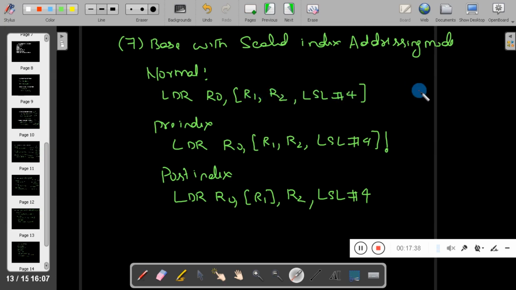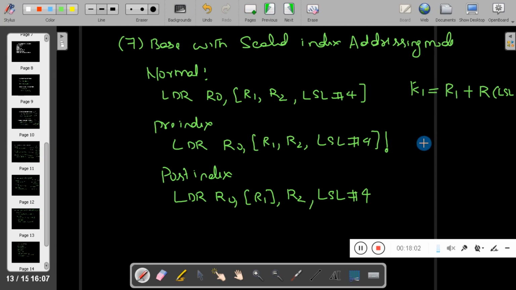That is, the address is formed as R1 plus R2 left shifted by 4. That is called LSL, logical shift left, by 4 times.